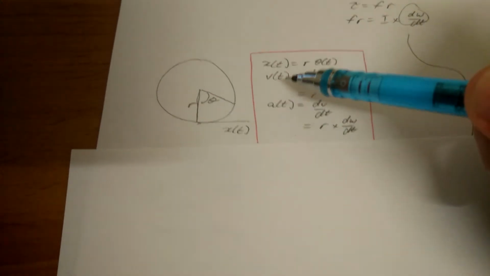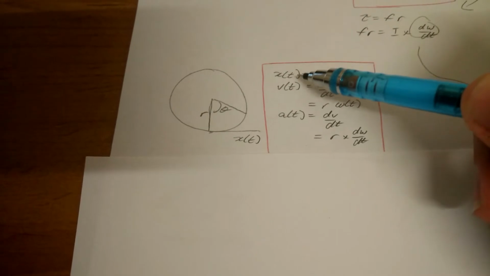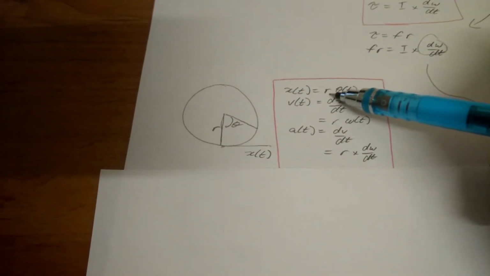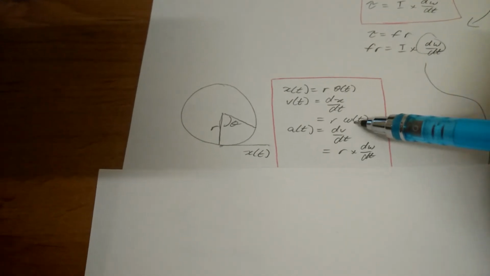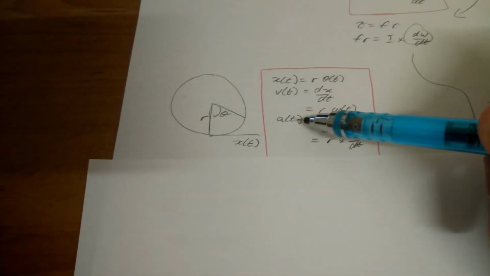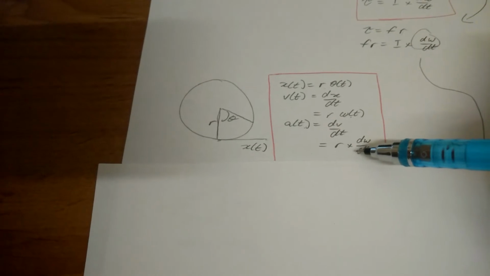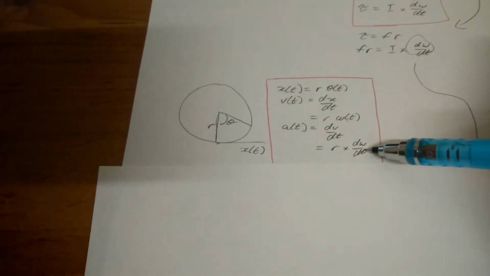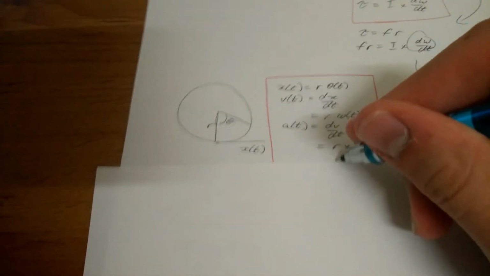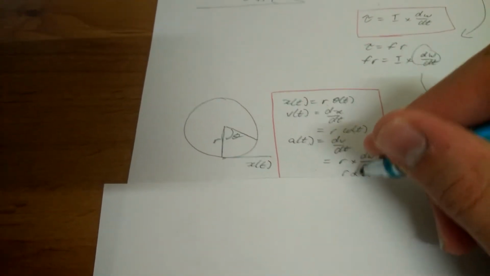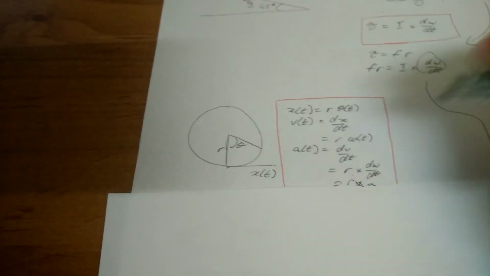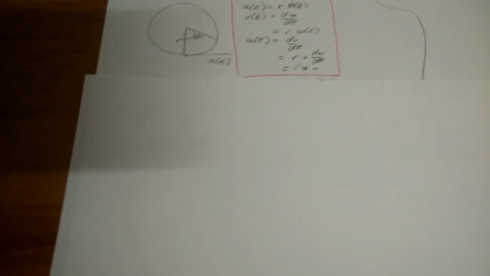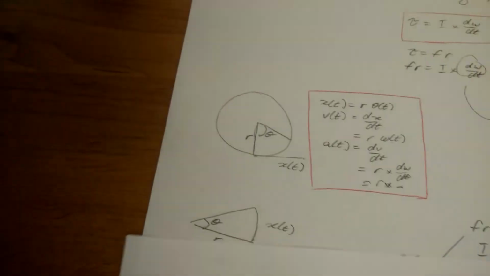Now, the velocity is just the derivative of that, while r is a constant. That's the only thing changing, so that's just r times the derivative of theta, which is angular speed, right? Then same for acceleration, we just differentiate again, and we get r times angular acceleration. Sometimes that'll be r times alpha, right? Because alpha is an alternate notation for angular acceleration, whatever floats your boat. Okay, so now that we've done that,